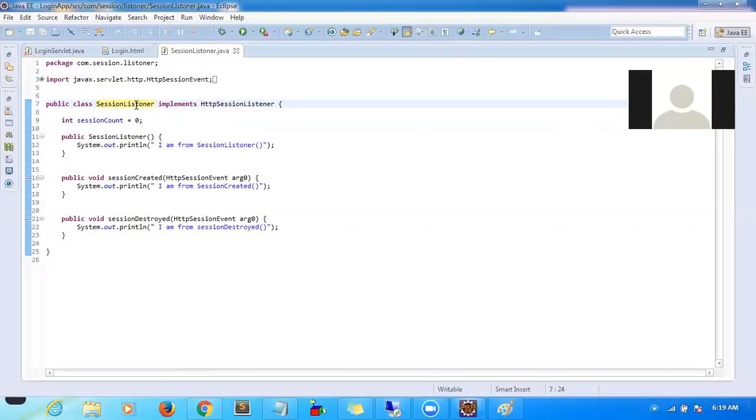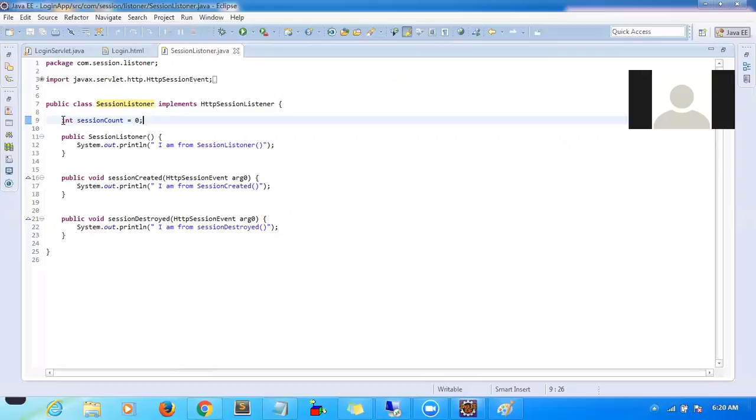I mean the difference between normal objects and this kind of servlets. The servlet object will be created only one time, and the same object will be used for all the requests. So that's why I'm giving a global variable. This global variable will be common across the users.